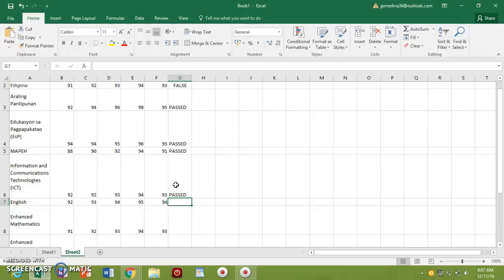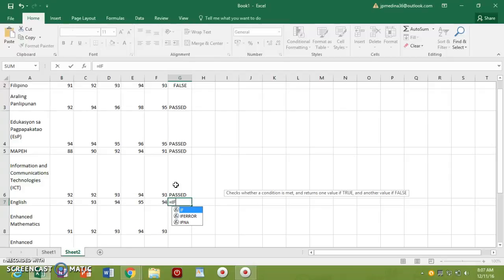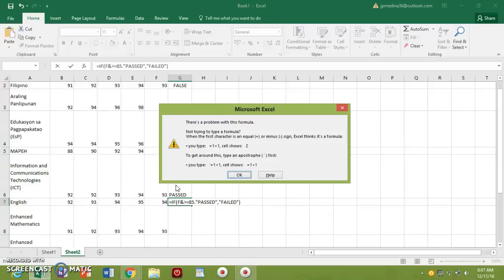I'm sorry, again, equal sign if the cell address, which is F7, greater than equal sign 85, because it is a major subject, comma, quotation mark, pass, quotation mark, comma, quotation mark, failed, quotation mark, close parenthesis.